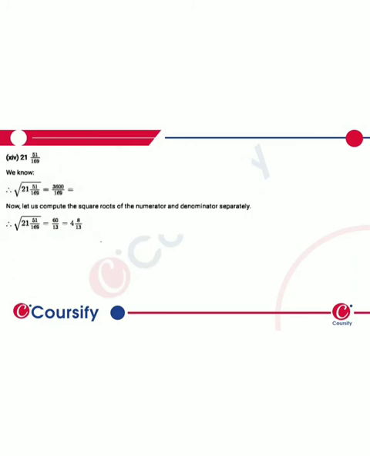Next part, that is 21 of 51 upon 169. So 169 multiplied by 21 plus 51 gives us 3600. So we know that the square root of 3600 is 60, because the 00 we can pair out as a single 0, and the square root of 36 is 6, so it is 60. And 169 is a perfect square of 13, so here we'll have the answer.